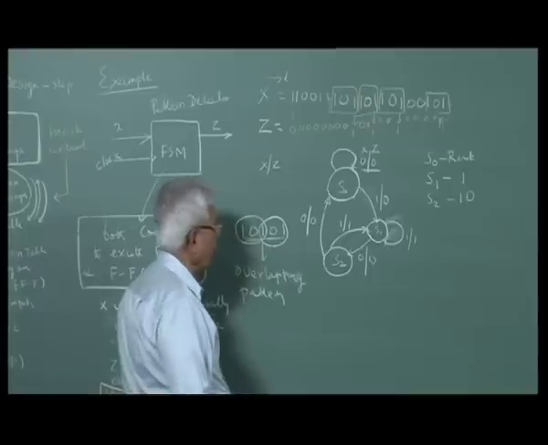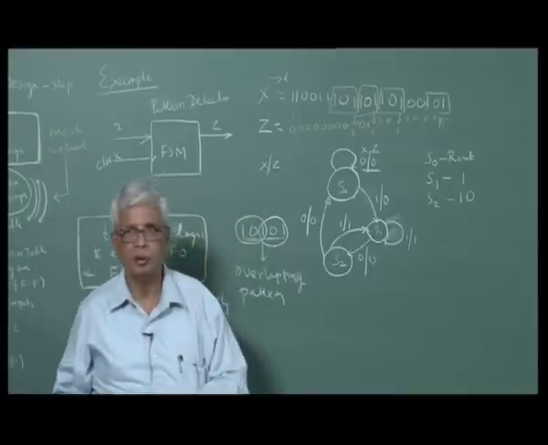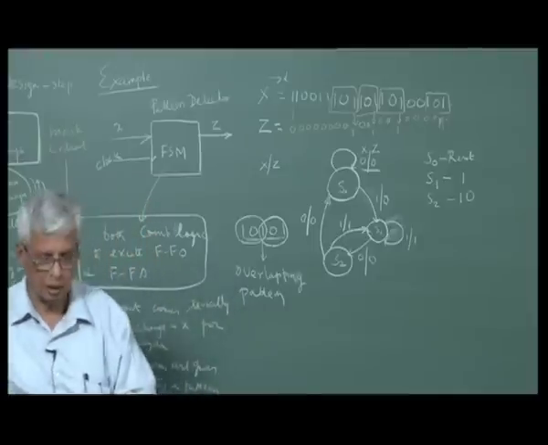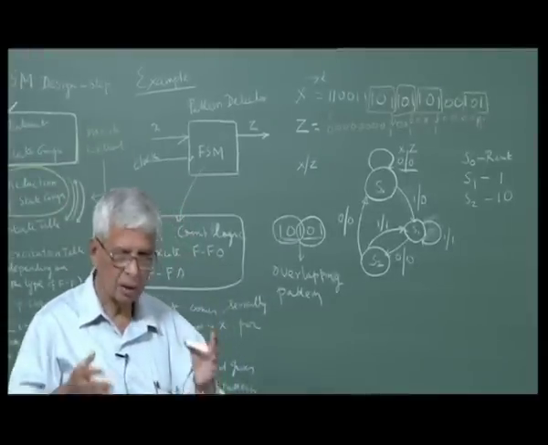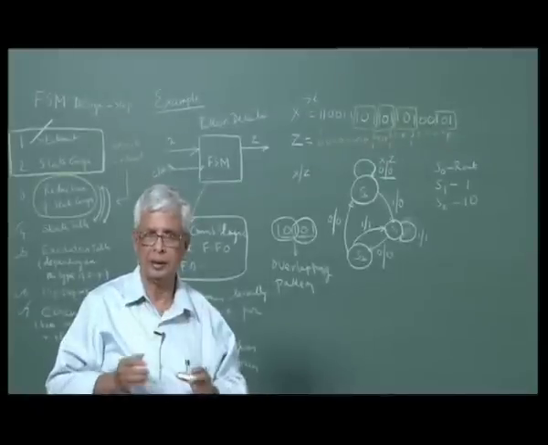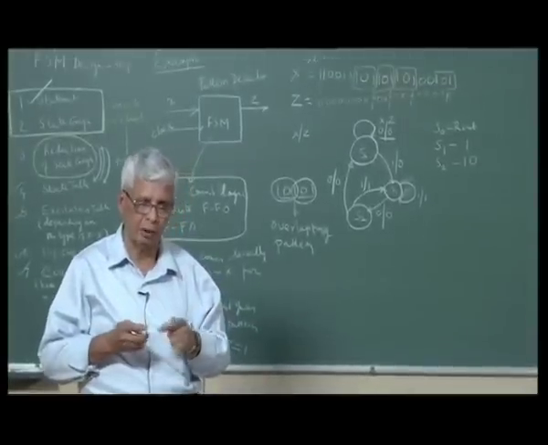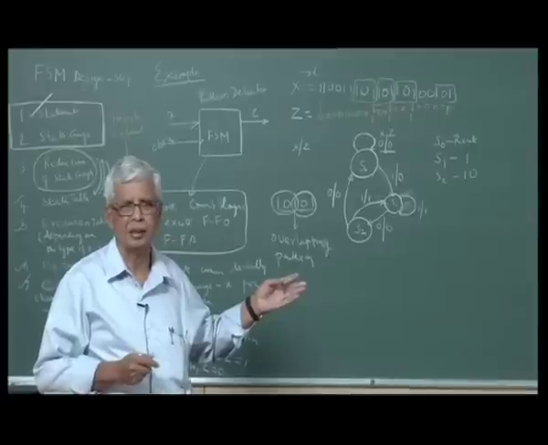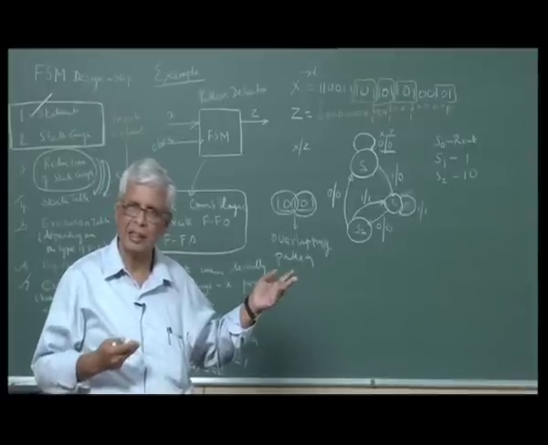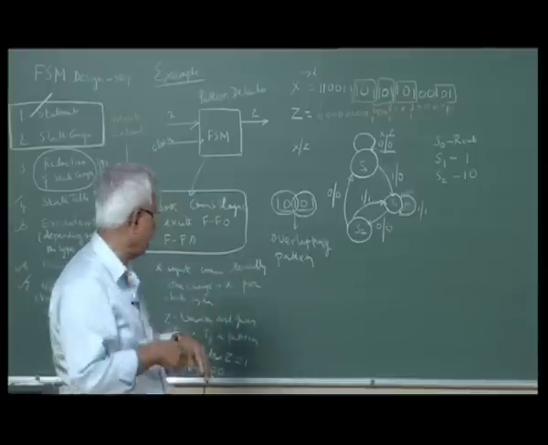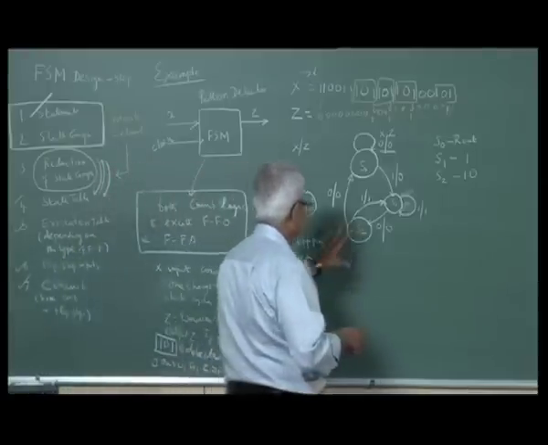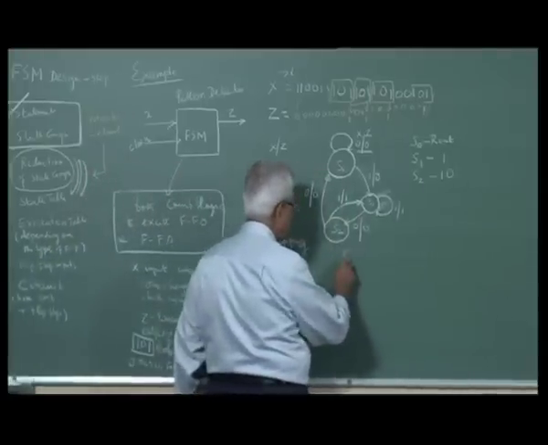Now this is the state graph from a given problem statement. Whether it is the simplest possible state, I should draw the state table. It looks like it is the simplest because there are only 3 states. Anyway, we will go through that exercise. So, this is the state graph. State table will be,